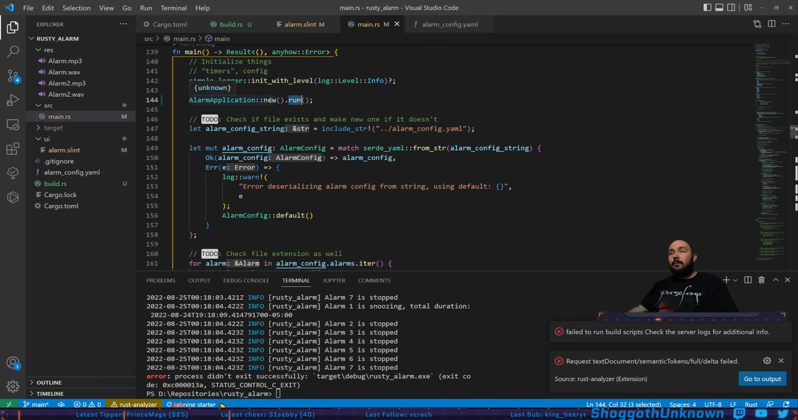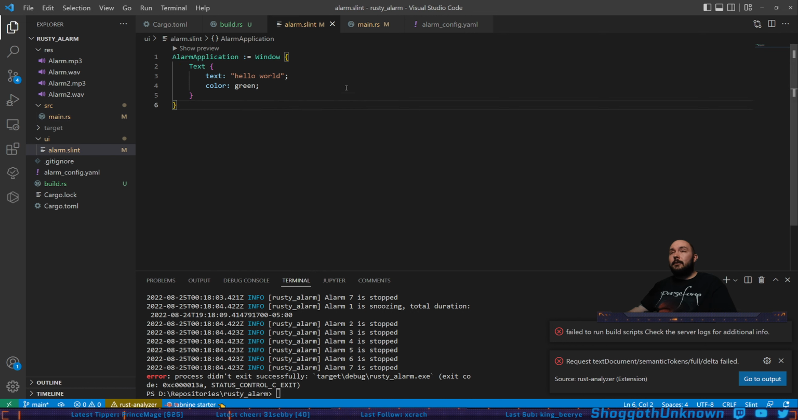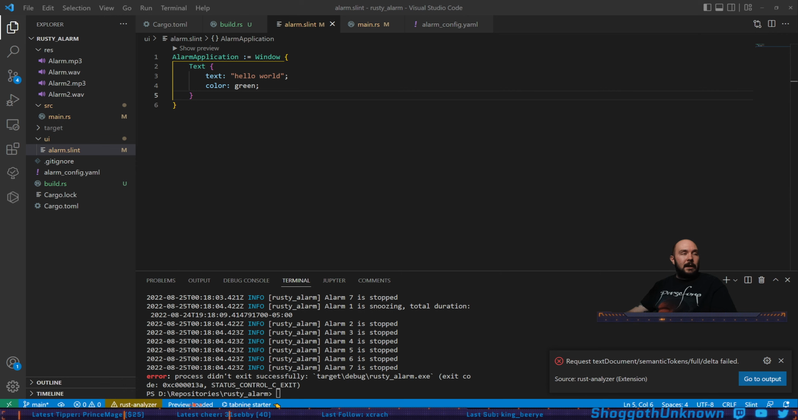But there's some cool stuff we could start doing now. We could actually start working with the UI a little bit. One of the coolest things, though, that I could show you is show preview. Now, what this is going to do is, oh, it opened up in the background. It actually opens up a preview that I can edit in real time. So if I recapture this slint window,